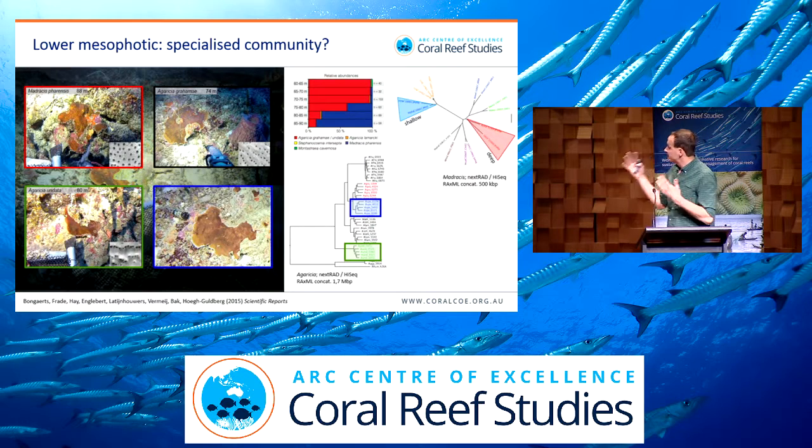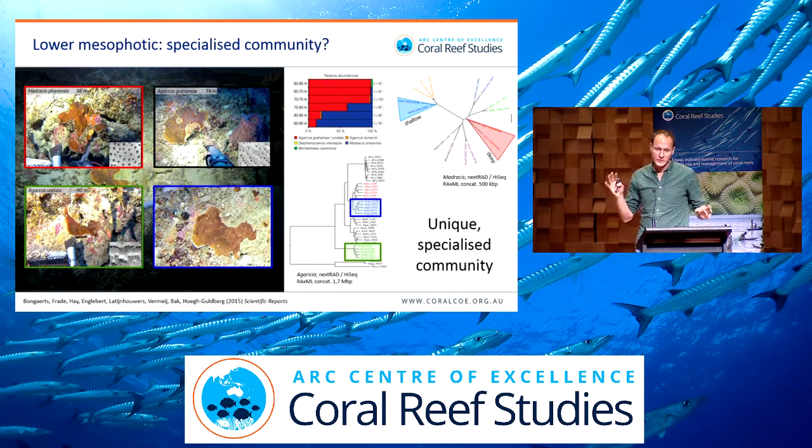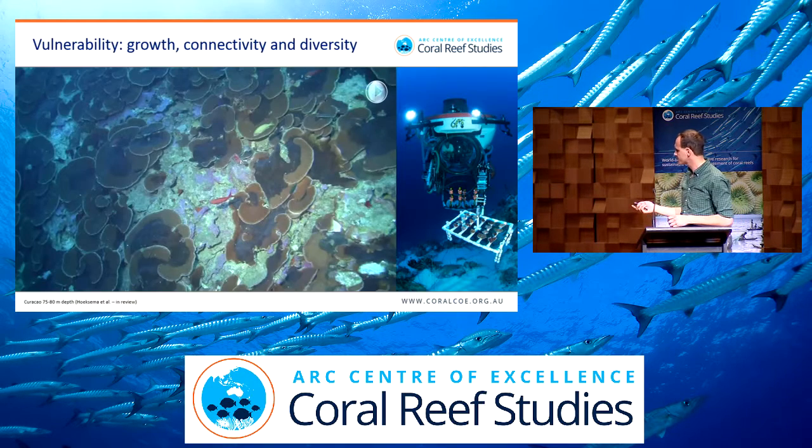And then for the Agaricia grahamae, we found that there are two sympatrically occurring lineages that are genetically quite distinct from each other, so likely we're dealing with two different species there as well. So in fact, we're dealing here with four species that are depth specialists, and so I think we can really say that we're dealing with a unique, specialized community here. And so obviously we were interested because it occurs below,